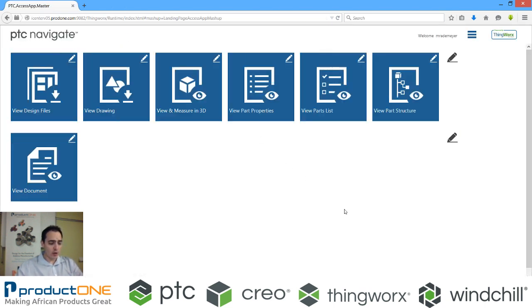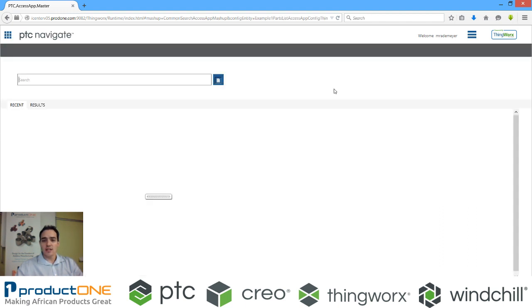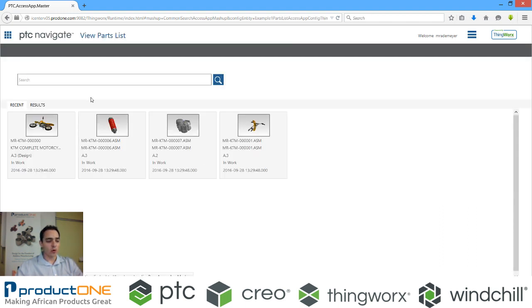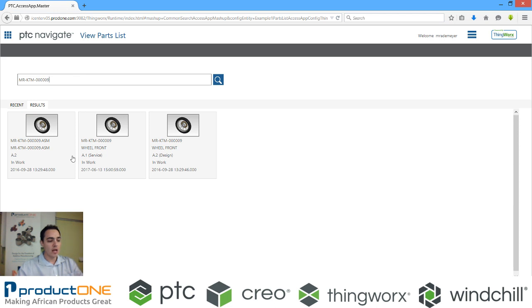So the next app that I want to show is the Viewports list. So the Viewports list is a list of the actual model that you can see. I just want to show you the search functionality as well. I've clicked a few times on things that I've searched in the past, but you can go and search for specific parts as well. So let's say I know the name or the number, it brings up the actual tire that I've searched for,